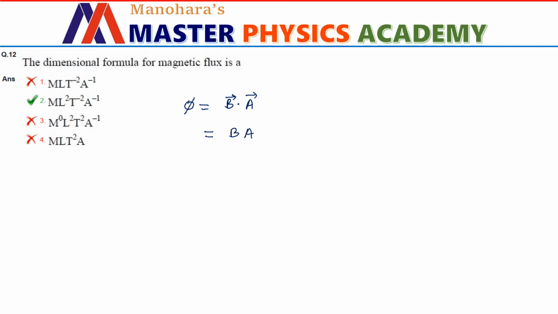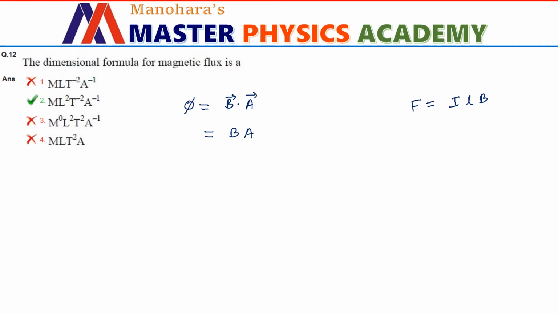And we don't know the direct dimensions of magnetic field or the units of magnetic field in basic physical units. So therefore, I'm going to use one more formula which involves magnetic field. Say for example, the force experienced by a current carrying conductor kept in a uniform magnetic field, which is given by F equals ILB. Again, I'm going to ignore sin theta, which is dimensionless.